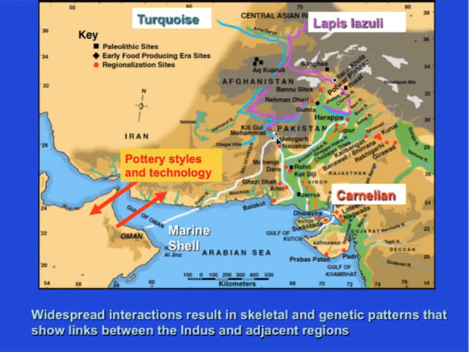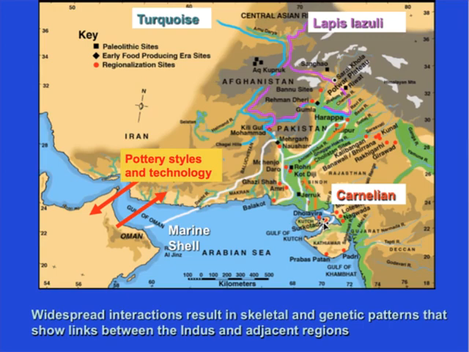So Mehergarh is located inland, and yet it shows evidence for long-distance trade networks that link to the coast for the shell for making bangles, other shells coming from the farther coast, possibly even from Oman, across the Gulf. We have lapis lazuli from Badakhshan, we have turquoise from Iran, and we have carnelian coming from Gujarat. So these areas are bringing different materials across this vast area so that people were linking to distant networks to